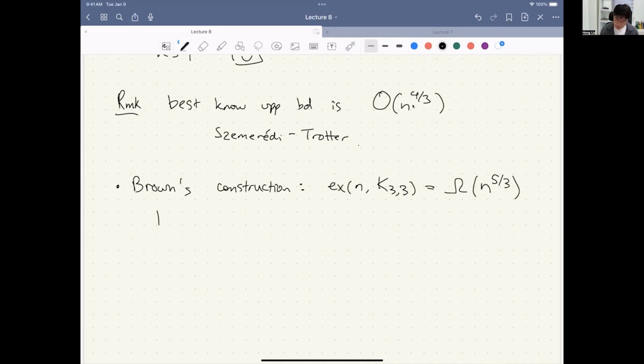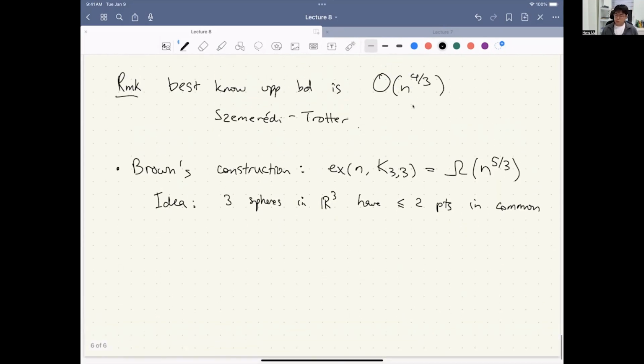The idea is, again, geometric. The idea is 3 spheres in R3 intuitively have at most 2 points in common. This intuition should be clear,